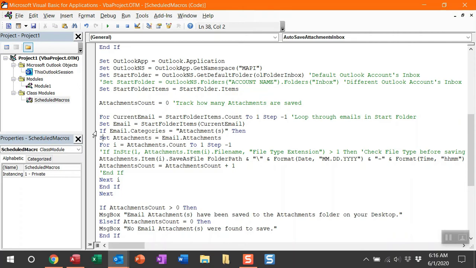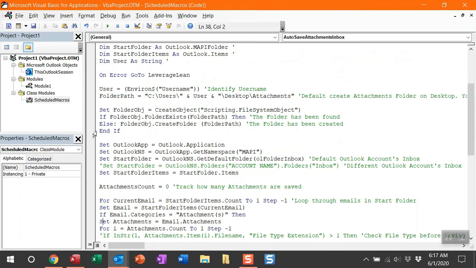So now with this updated and leveraging the Outlook calendar reminder macros, I'm going to run this macro frequently throughout the day or just weekly, depending on how many attachments I decide to look for, and then ensuring those emails that are received have an attachment category set on them. Those emails that I care about that have an attachment will just sit there in my inbox with that category attachments on them, and then when I decide to run the macro looping through my inbox to autosave email attachments, they then will be saved to that attachments folder or a specific folder path that I identified just by updating